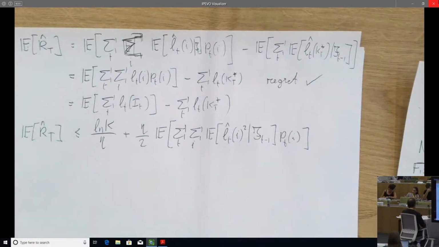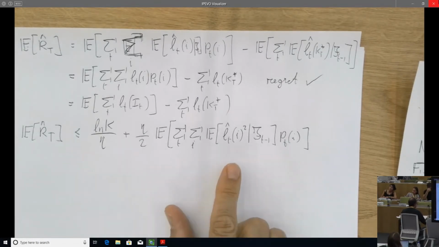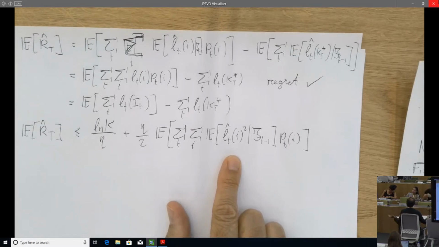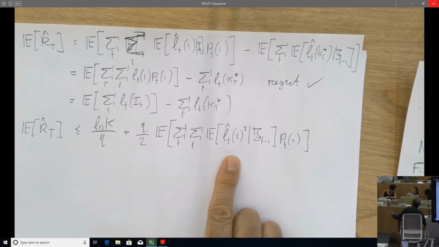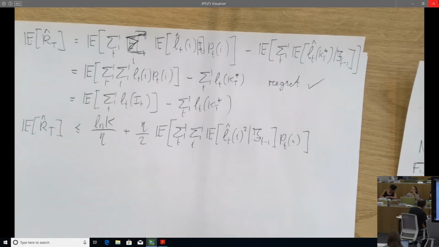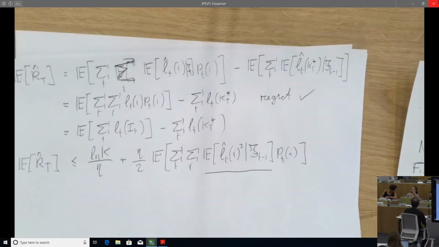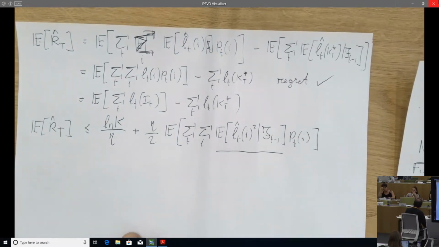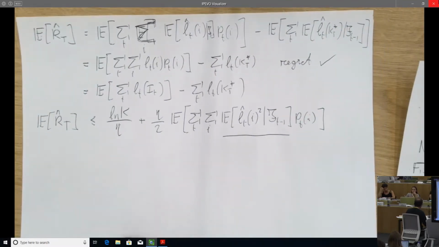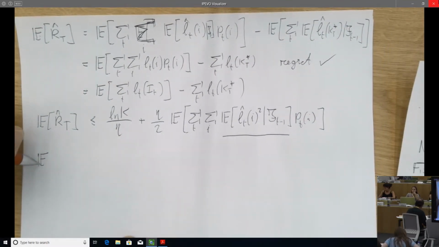That's it. Okay, so now you see the term I'm still missing has to do with the second moment of my estimates. I need my estimates to be unbiased and to have a small variance, a small second moment, to control the second moment of my estimate. How do I control this second moment? Let's focus on this term, and this is super easy also, similar to checking the unbiasedness, and this is super quick. So let's take a look.